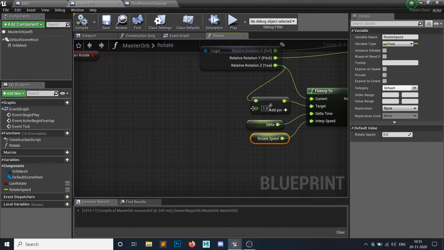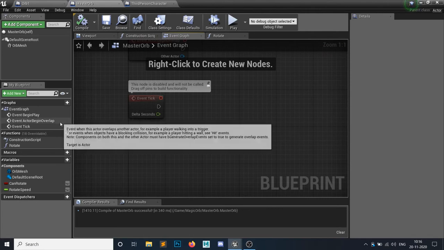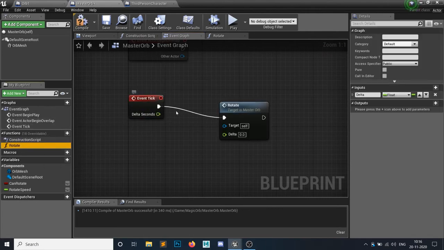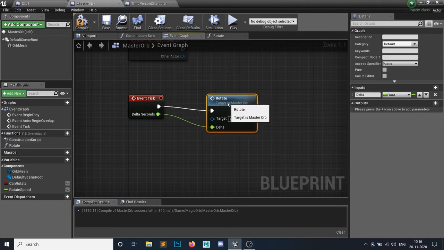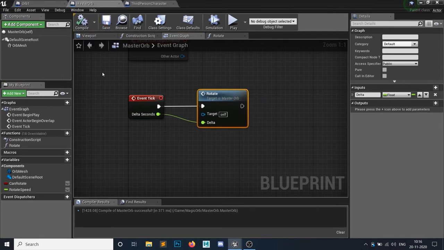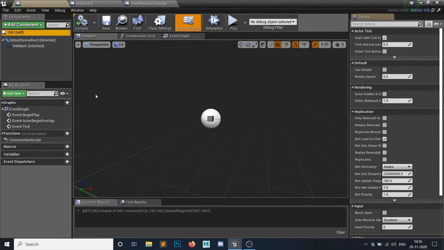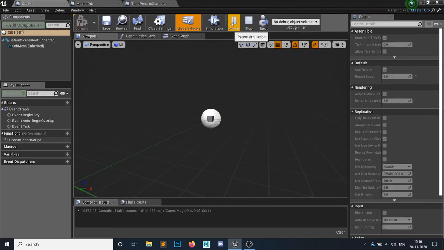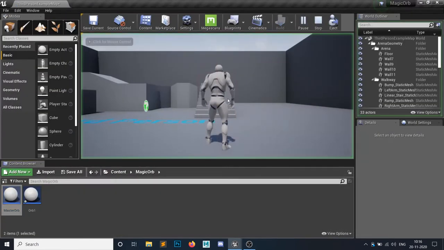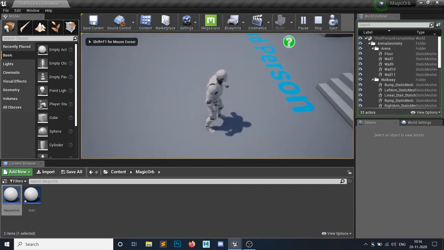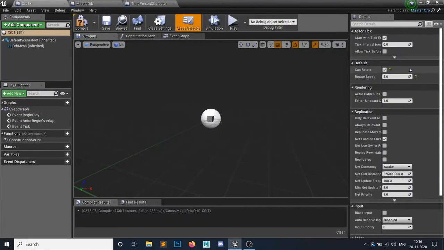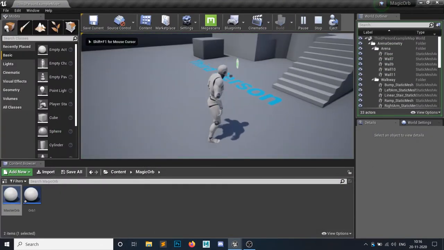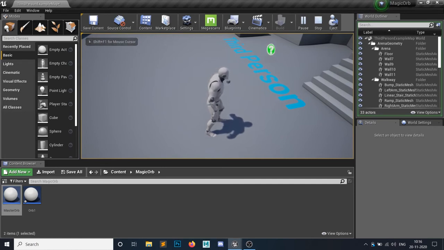Now the rotation, let's first check it out. Just call out that rotate function. The delta would go in here, this delta, called in the tick. Okay, so in the orb1 we have to change the values. So yes, it can rotate, and the rotate speed is 5. Let's check it out with 5. Oops, 5 is not much. 50. Let's check out the 50. Okay, so as you can see, it is rotating at 50 speed.